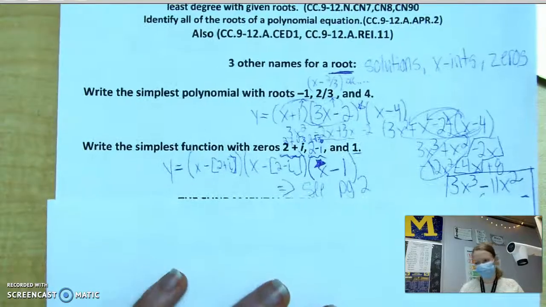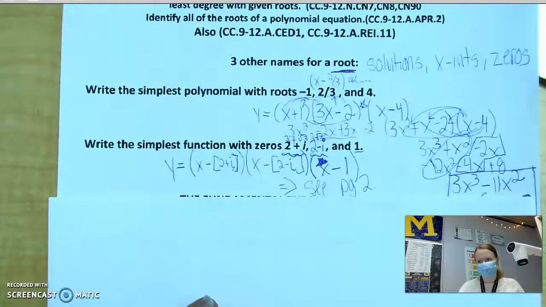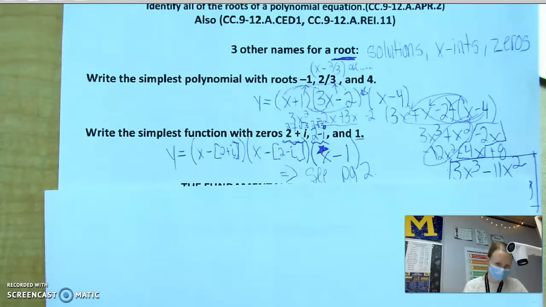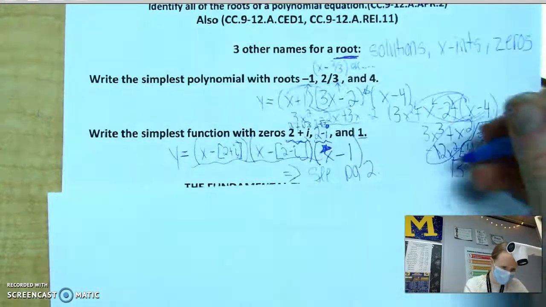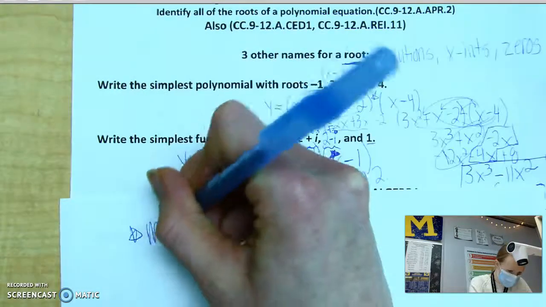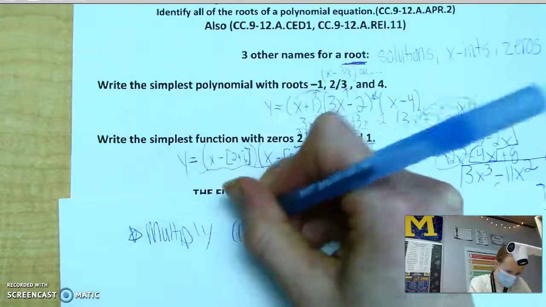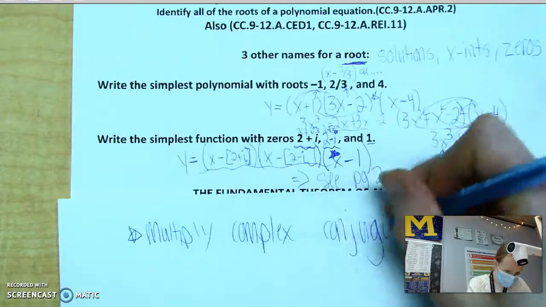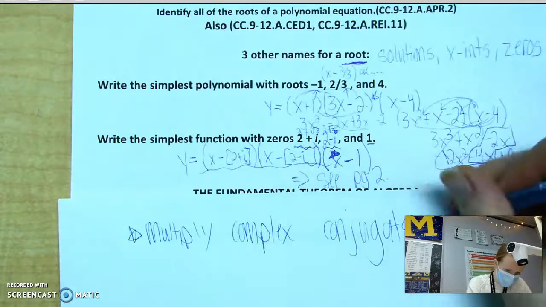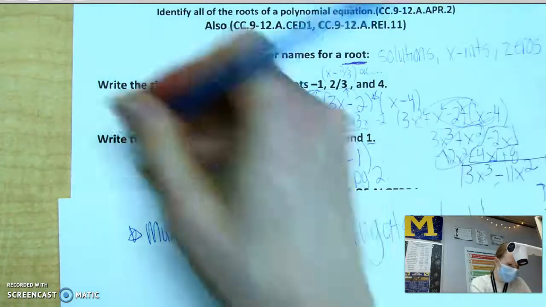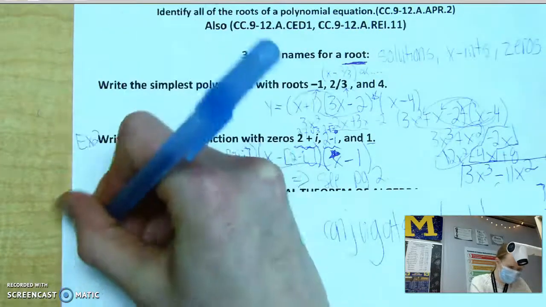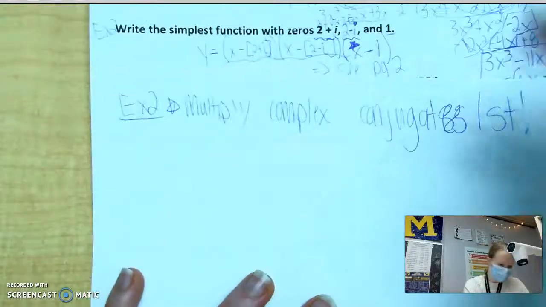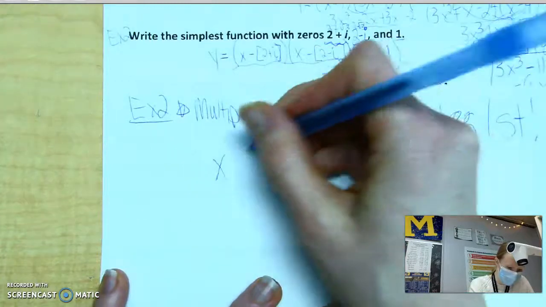And then you're going to see we can do some fun stuff with these conjugates. Please always multiply your conjugates first. So once again, this is example 2. You need to multiply your complex conjugates first. So when you do that, I like to use the box method. I have x